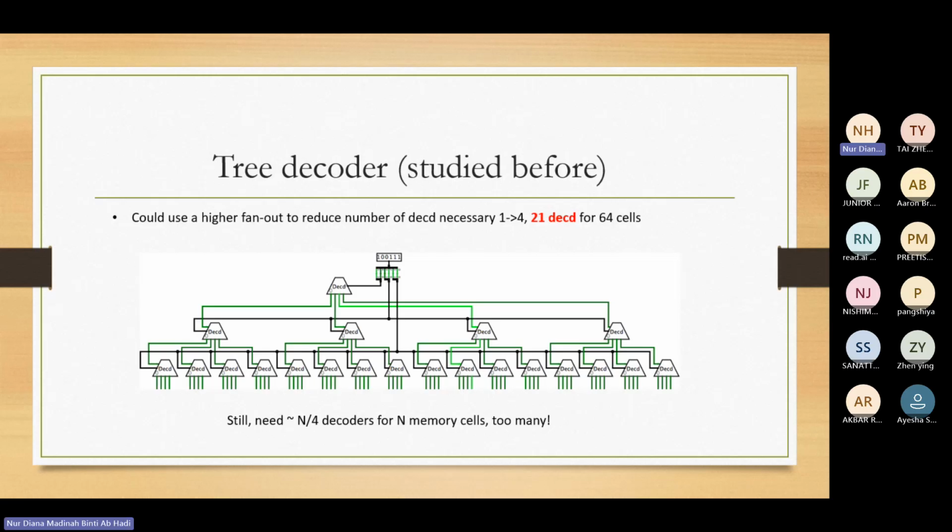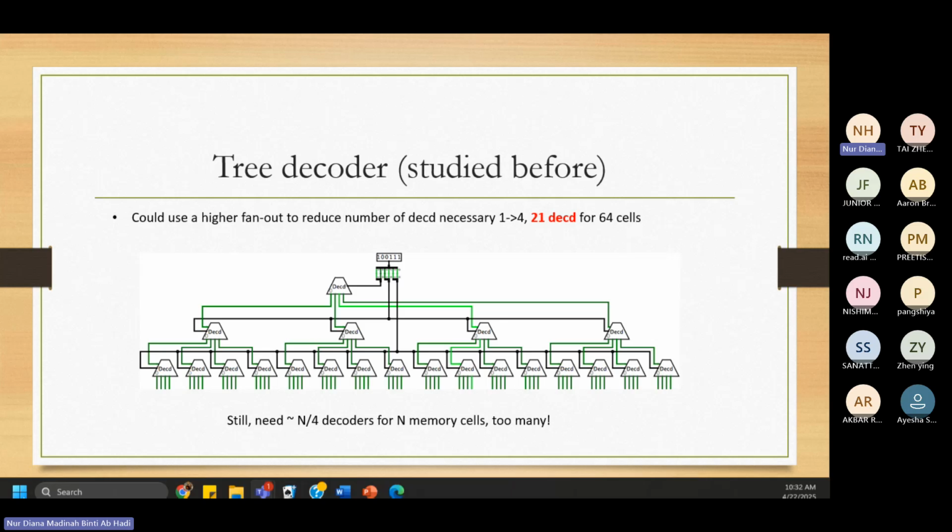Okay. So this would be the 3 decoder that we already studied before. It could be a higher fan-out to reduce the number of decoders, say 1 to 4, where we're going to have 21 decoders for 64 cells. Still, we need n divided by 4 decoders for n memory cells. Therefore it will have too many